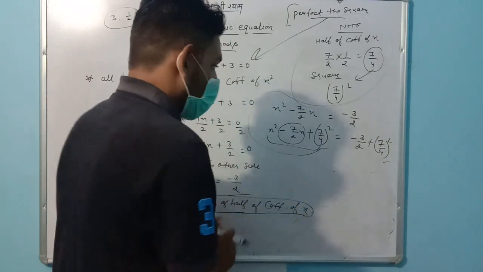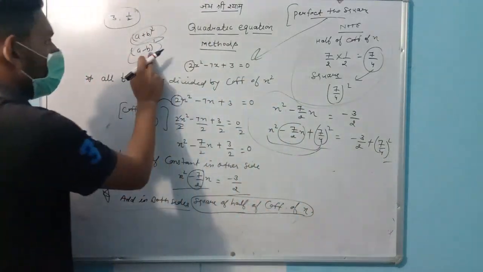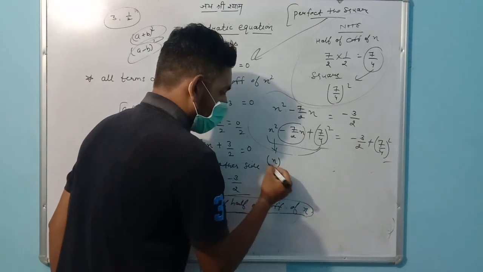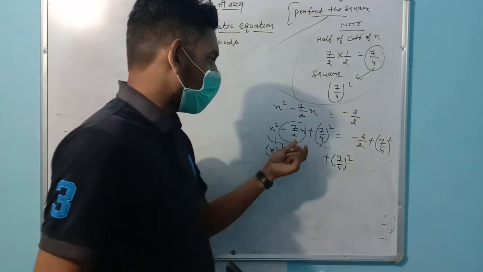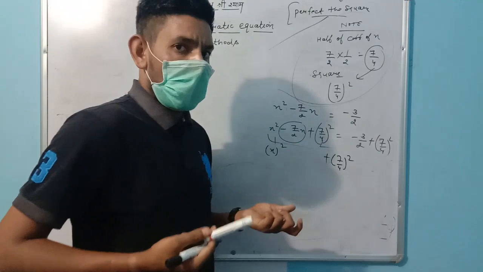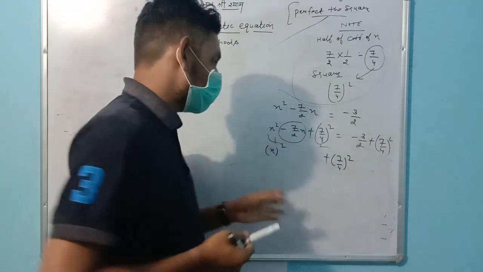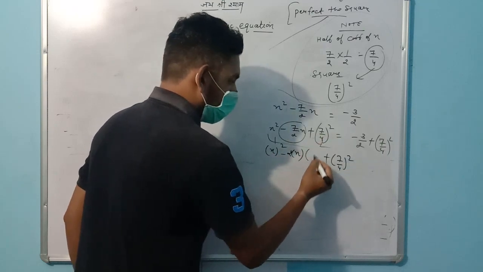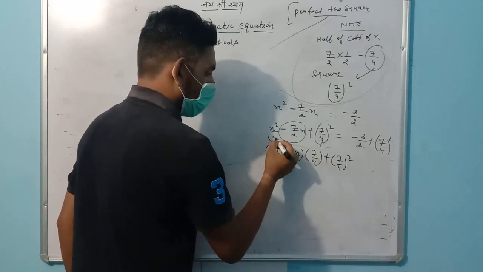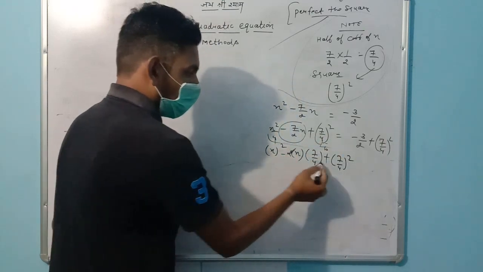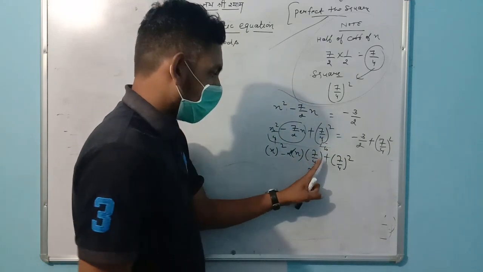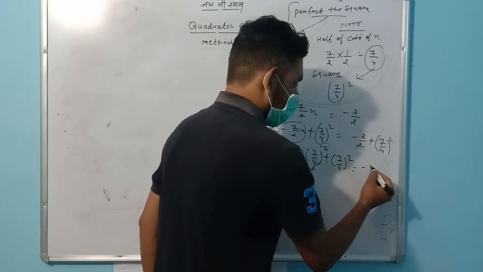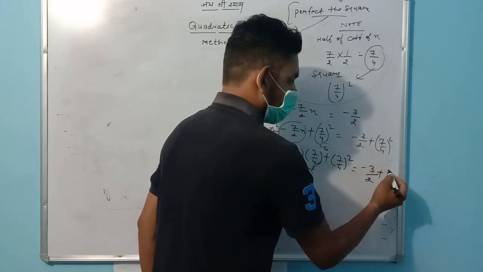Here you have the minus sign, which means which identity do we use? (a minus b) whole square. The first term is the square of what? Of x. And for the middle term we check minus 2ab or plus 2ab. Here is the minus sign, so we check minus 2ab. Minus 2, what is the value of a? x. And what is the value of b? 7 upon 4. It is the a and it is the b. 4 cuts with 2 and you get 7x upon 2. It's correct. Then on this side, minus 3 upon 2 plus 7 square is 49 and 4 square is 16.